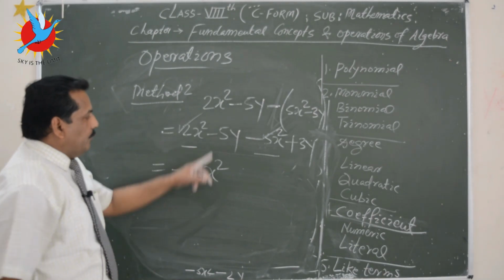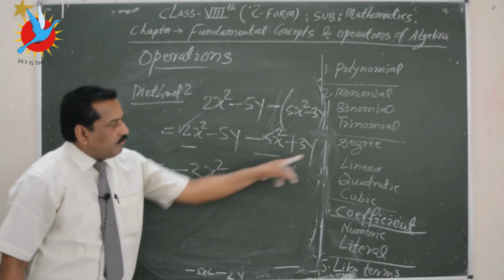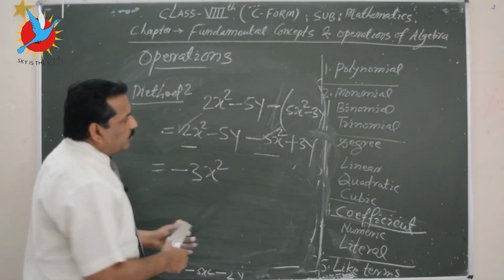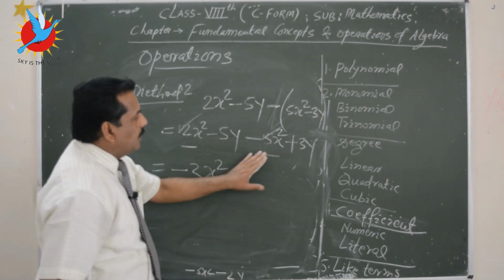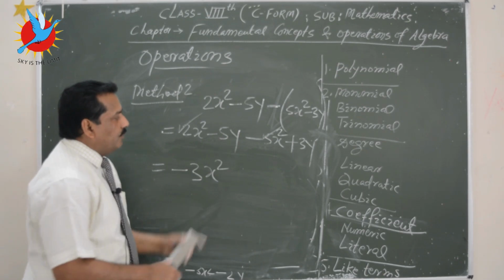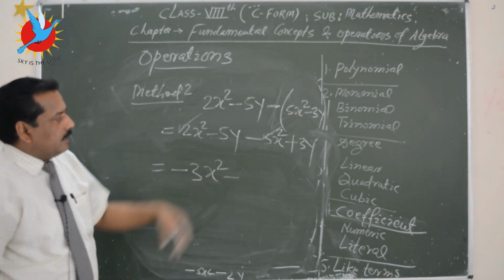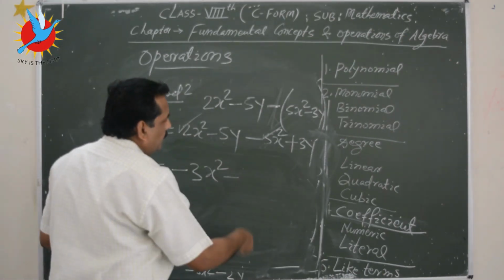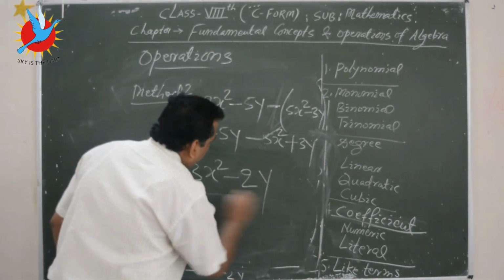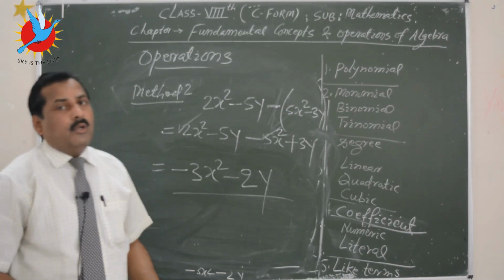Now what about this one? So this is minus 5y and this is 3y. Literal coefficients are the same, therefore these are like terms. And what about the sign? This is positive and this one is negative. Both are different. We have to pick up this sign because 5 is greater, and then the difference of 5 and 3, that is 2, and write the literal coefficient. And so we are getting the same result from this method also, which we shall further continue in the next session,